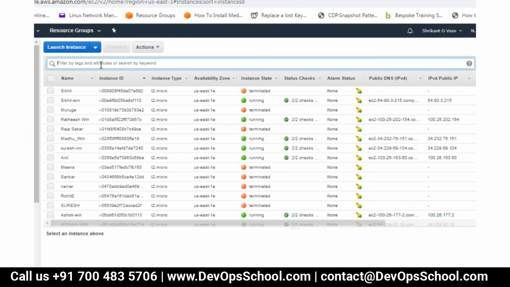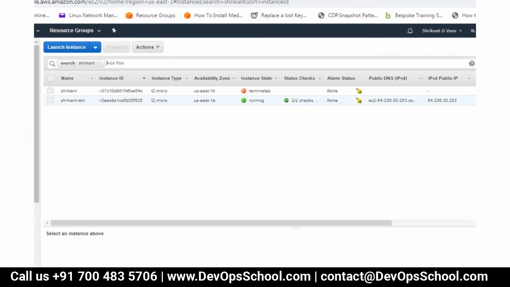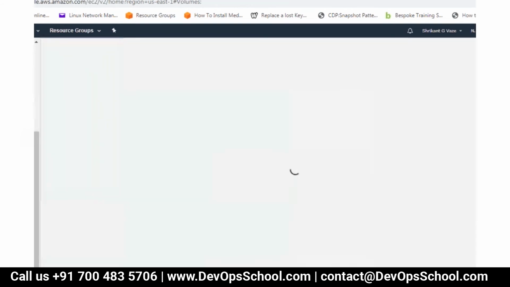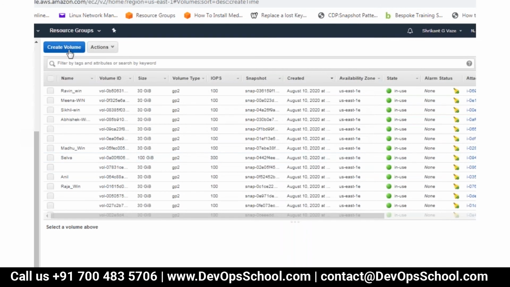So this is my instance, and currently it is running in 1E. On the left-hand side, go to Elastic Block Store and then Volumes.